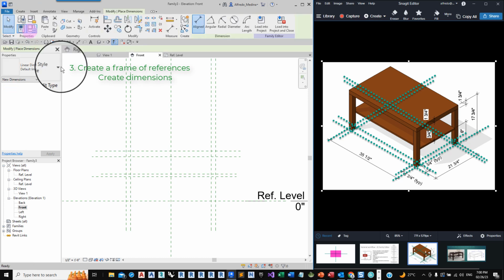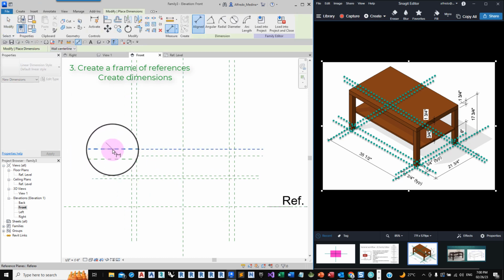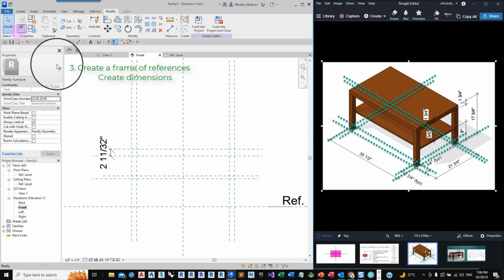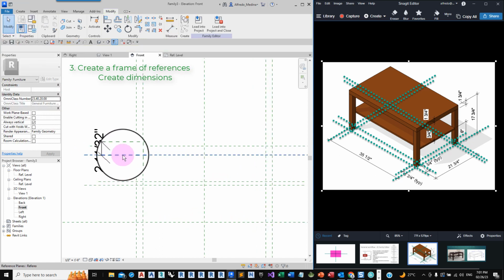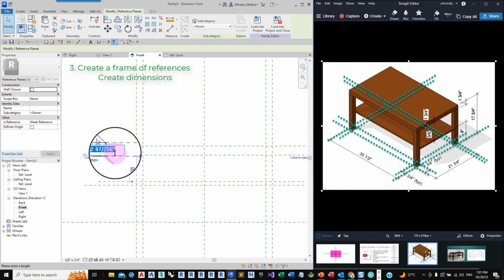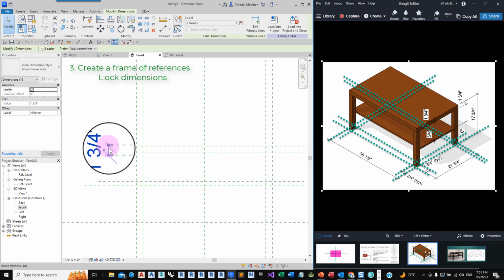Annotate, aligned, and let's put a dimension to control this. And let's say that this is 1 3/4, and that needs to be a locked dimension.